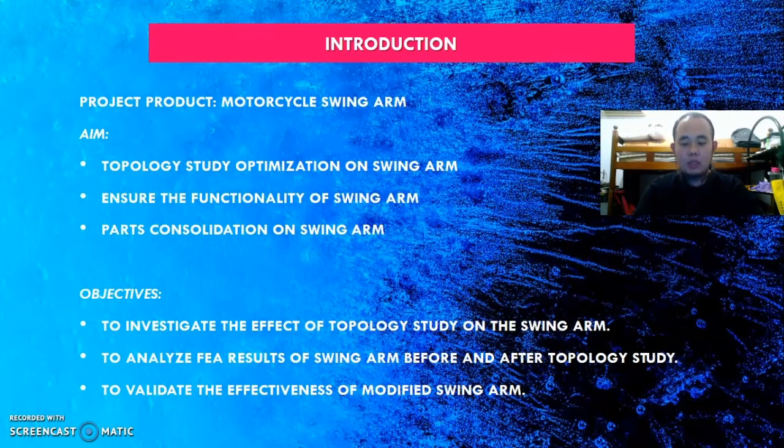And then the objectives are created to achieve the aim. Firstly, we have to investigate the effect of topology study on the swing arm. Secondly, we have to analyze the FEA results of the swing arm before and after topology study. And later, we have to validate the effectiveness of the modified swing arm to ensure the functionality of the swing